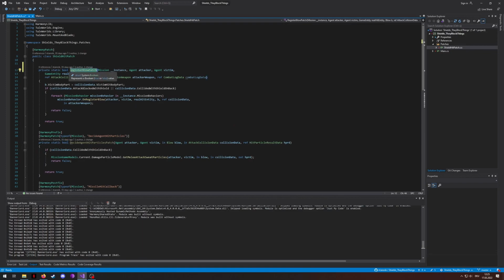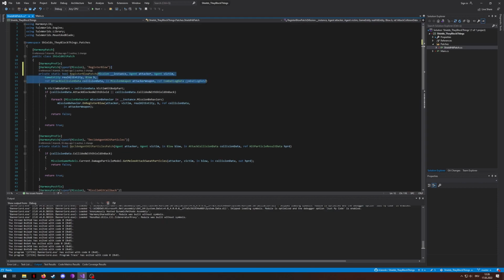Next, the next one is here the name of this method, so you can call this however you want. I'm calling this one the same as the method I'm going to replace and add the word patch at the end, just so it's more descriptive for me, so I know what this one actually does. Okay, let's ignore those parameters for now, and let's have a look at my 2 annotations I added on top